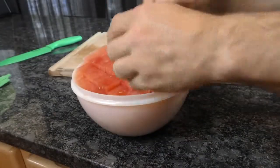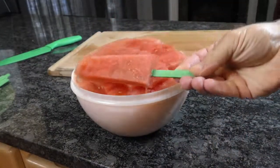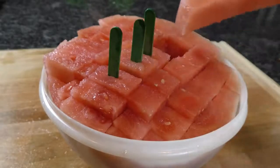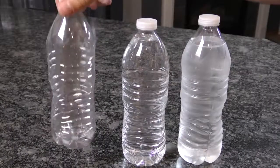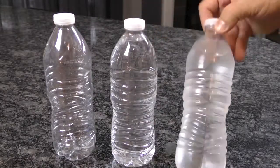Insert wood popsicle sticks into each perfectly cut slice to create a mess-free watermelon pop that your kids will love and the guests are sure to enjoy. Most people know this one already, but we want to remind you to stay hydrated during those hot summer days